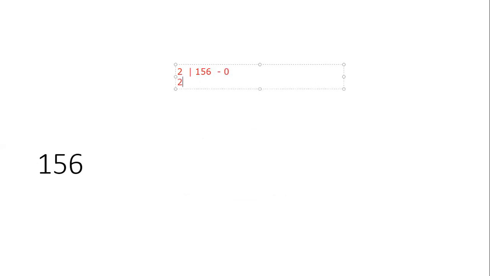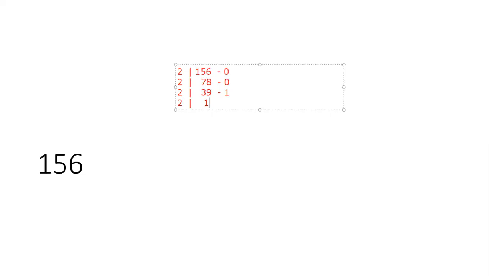Okay, so 2 ones are 2, 2 sevens are 14, 1 is carried forward, 16, so 2 eights are 16. So 2 into 78 will give me 156. Again, it's an even number, so there will be no carry forwards. 2 3s are 6, and 2 9s are 18. There should be 1 carry forward. It's an even number here. Sorry, odd number now.